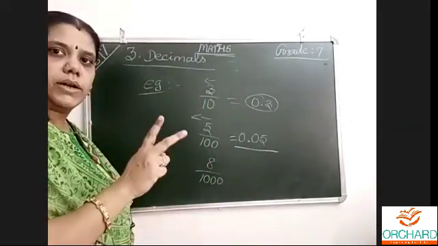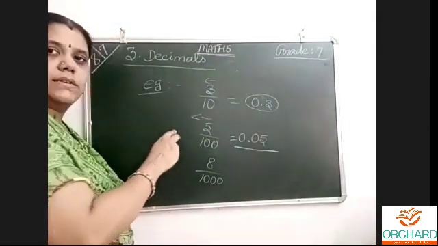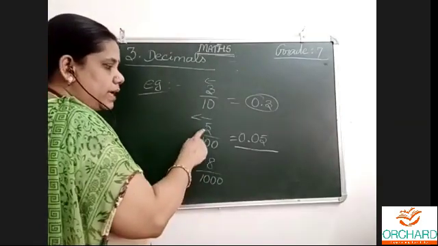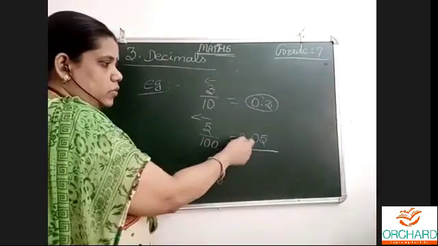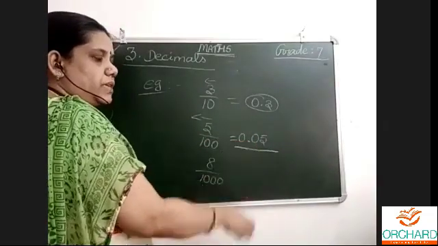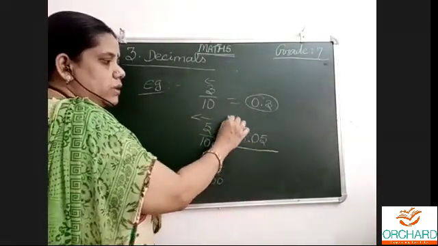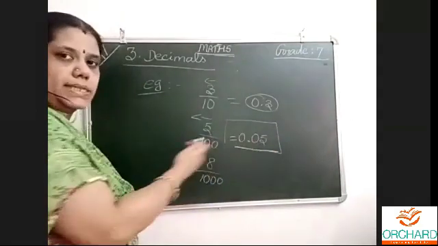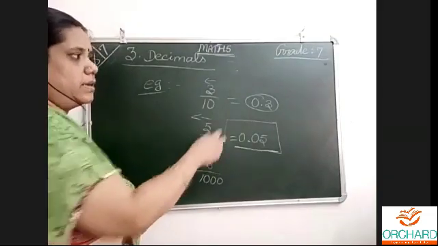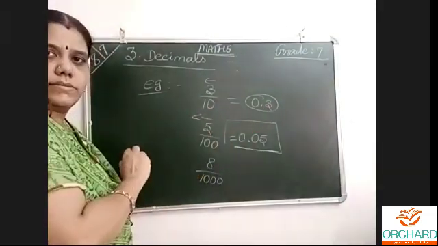From the last, we have to move 2 places and keep the point. One digit is there, another is not there, so add a 0 and keep a point in front of it, so that when you see it, you know it is divided by 100, which means the point should be 2 places in front. One place before it is 10.